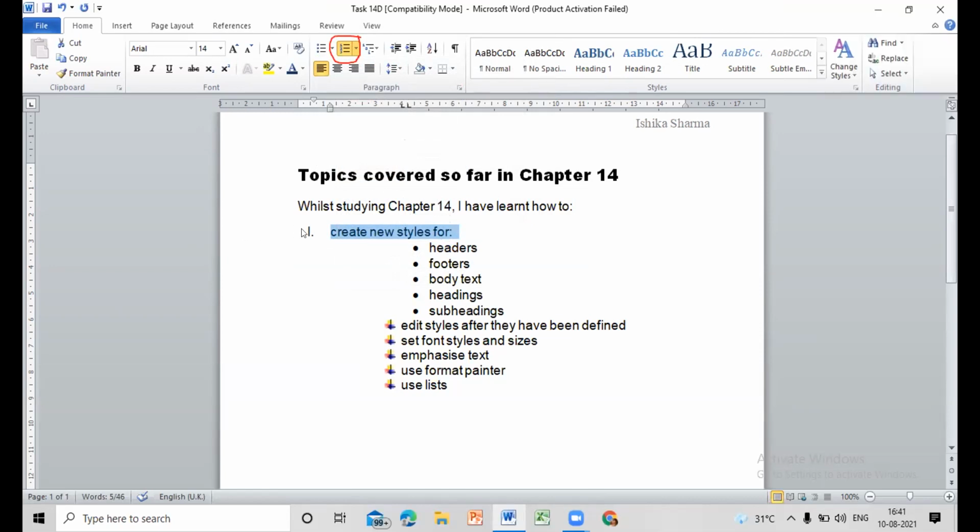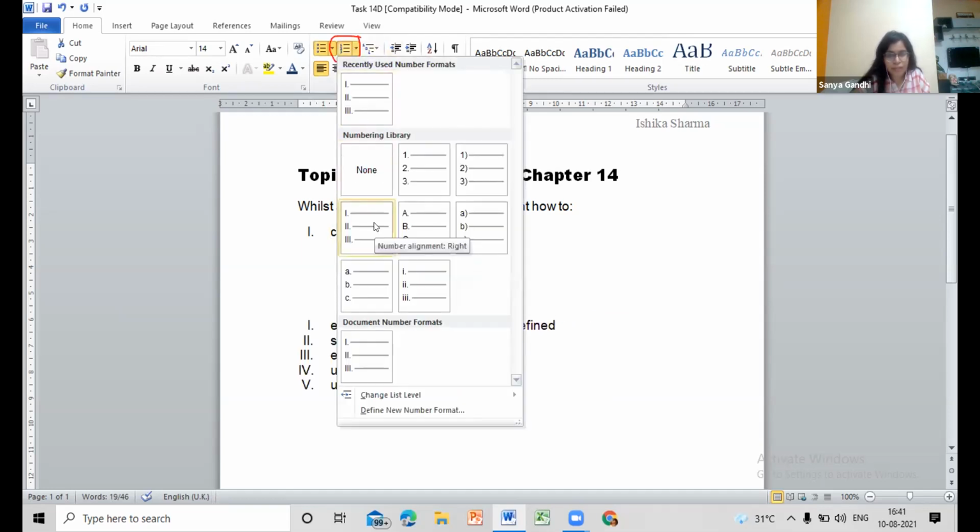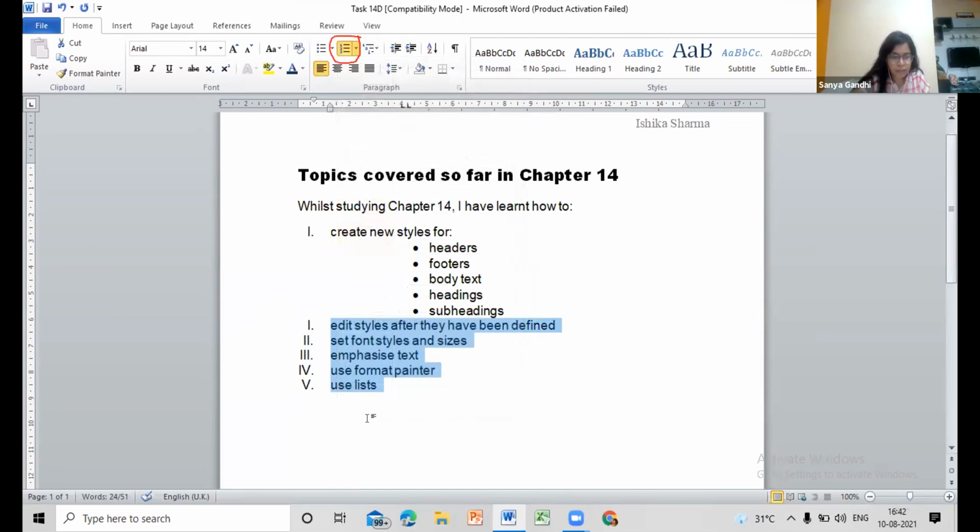How did it move to the left? We can settle it again. Don't worry, it's fine. We don't have to save. You have to do that with the other first level items as well. Can you do that? Yes. Or you can save it as a style. Yeah, it has started from now. You see, right click in here. You have selected, right? You right click in here, on the selected content. Right click.